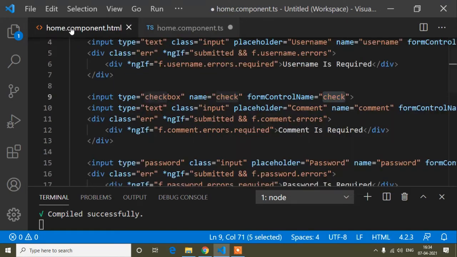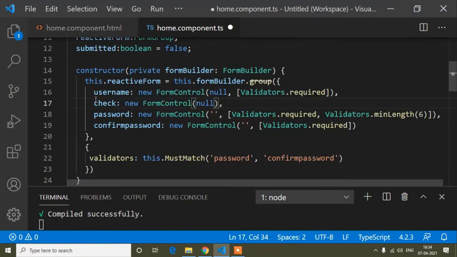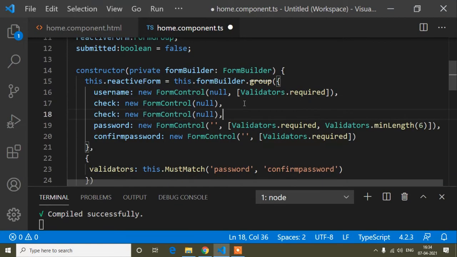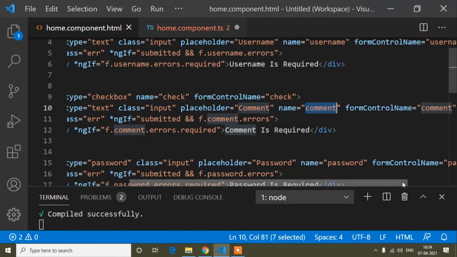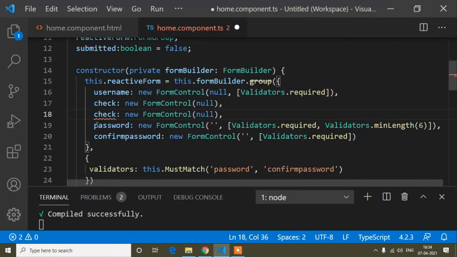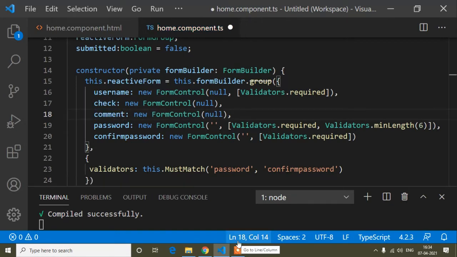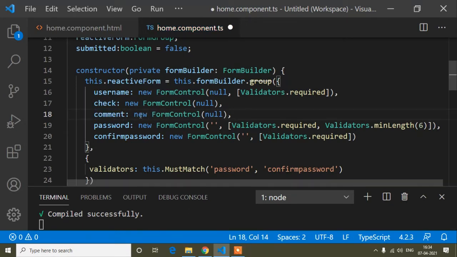And guys, another thing: again I will copy this one and paste, and here you can see comment, formControlName is comment and name is comment. Instead of this, I will write. So now guys, here I have written the form control is null.